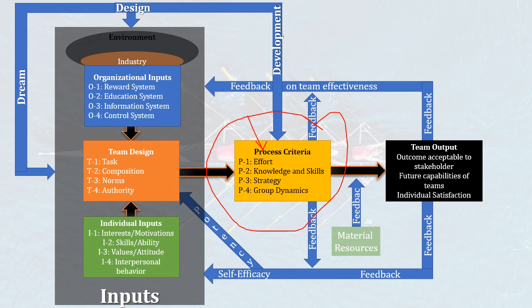Now what this theory says is, if there is a problem when you gather the feedback and you feel that there is a problem with the efforts, you need to check the inputs which are at the one level, that is the reward system. If there is a problem or issue with the efforts that are put in by the employees, you need to check the reward system in organizational inputs.